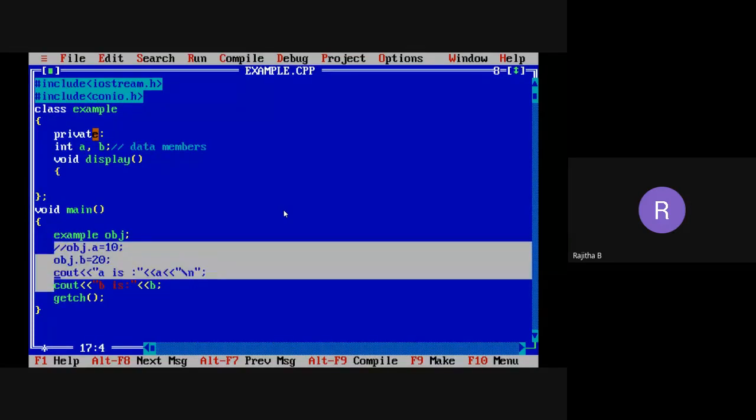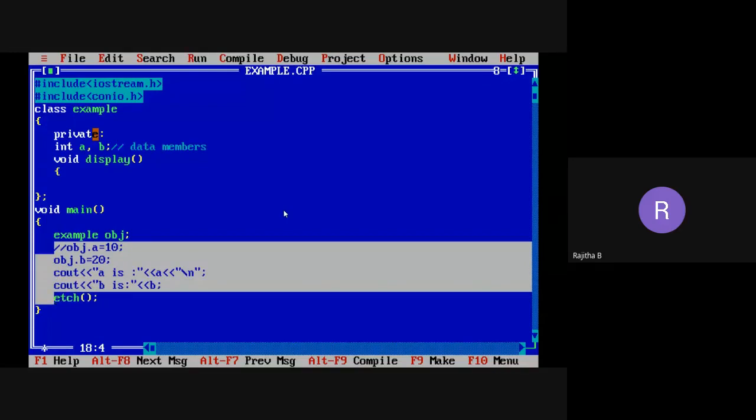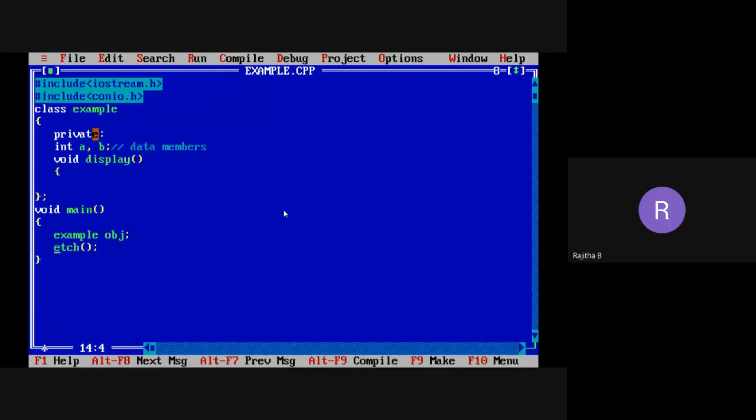I want to just delete these statements. I'm deleting this one. Now I'm creating the object, example obj, like the previous one. Here I'm going to assign some values, or read some values.